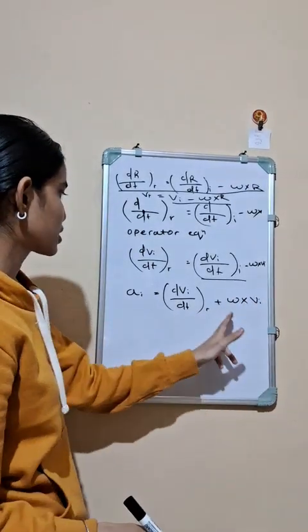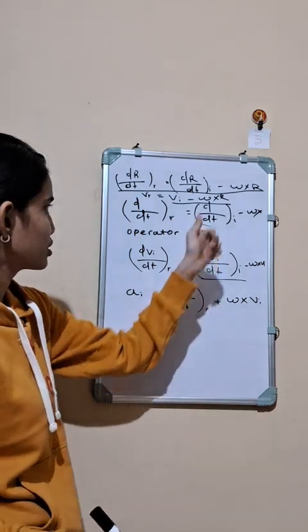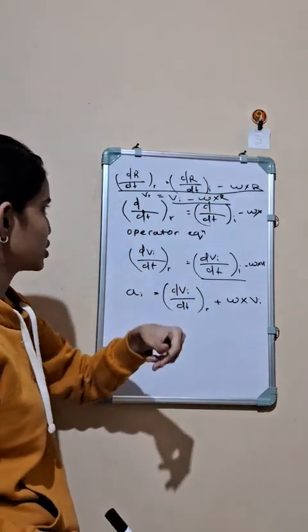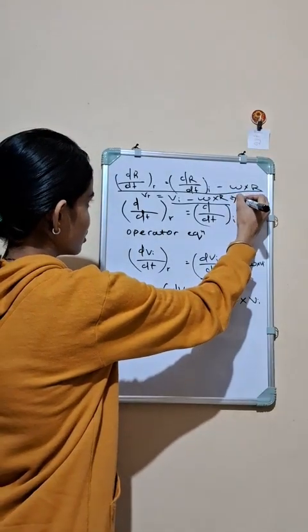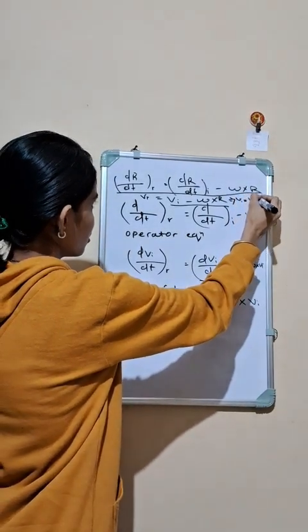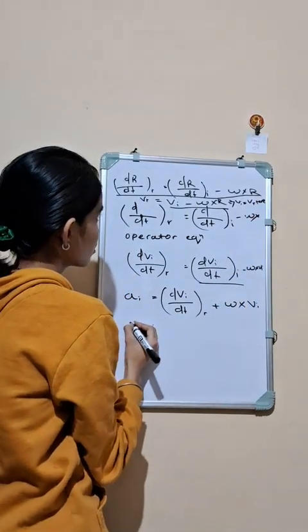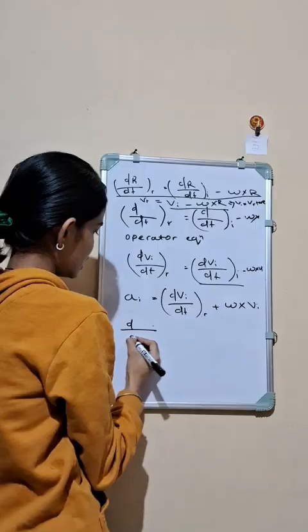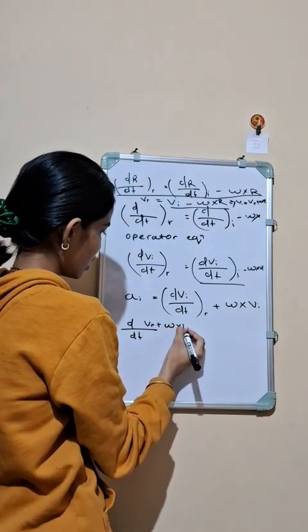Now I am going to put the value of velocity as seen from the inertial reference frame using this equation. So here vi equals vr plus omega cross r,